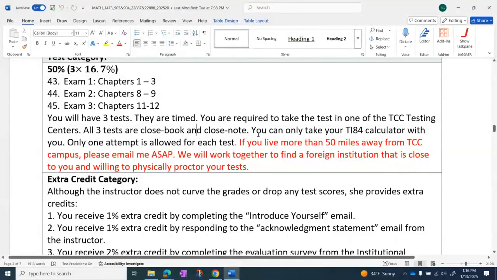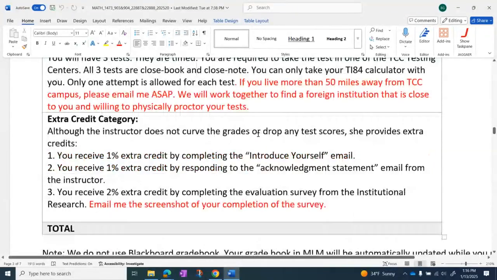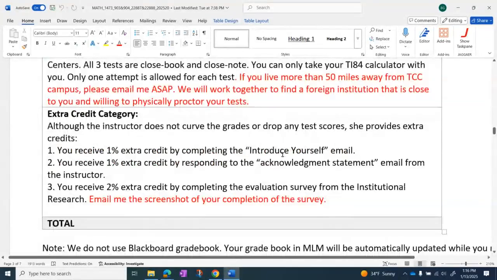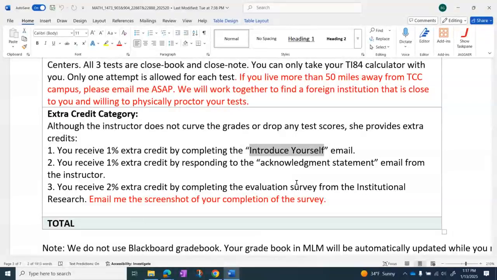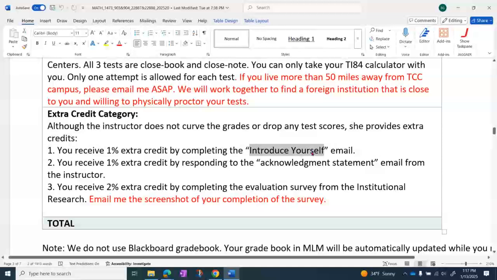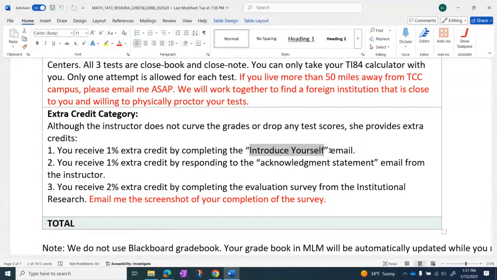Besides those 100%, we also have a 4% extra credit. And 1% from completing introduce myself email. When you email me the email, you wanna title the email introduce myself, right? Here introduce yourself is when I tell you to do that. But when you email me, you wanna title the email as introduce myself. My name is, something so and so. And the second